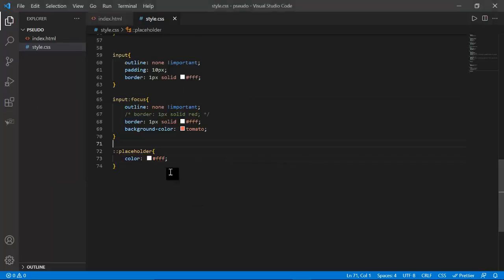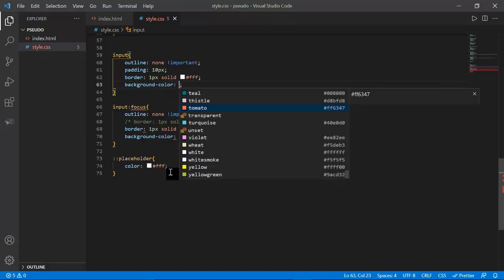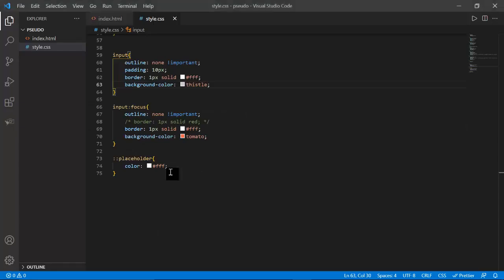So actually I should give a little bit of background here, background color to thistle, maybe not thistle, teal is actually my favorite background color. So you can see once you click on it, it now is in focus state. Once you click anywhere else, it is changing its styles. Okay, now the next thing is,